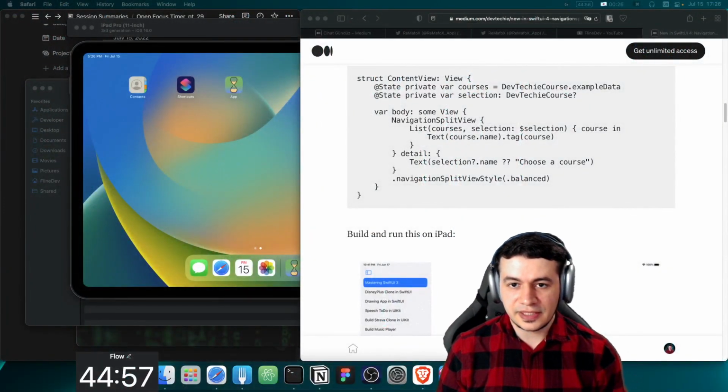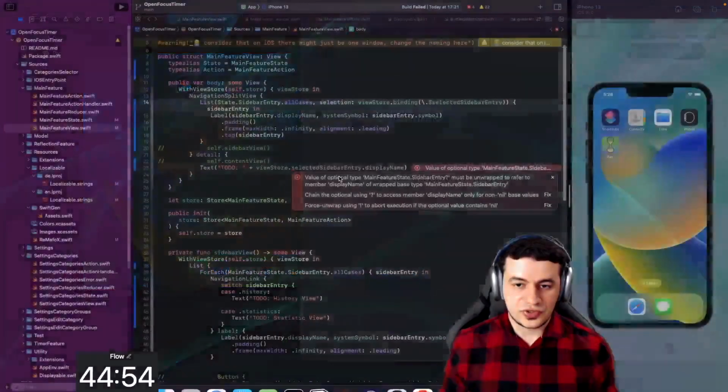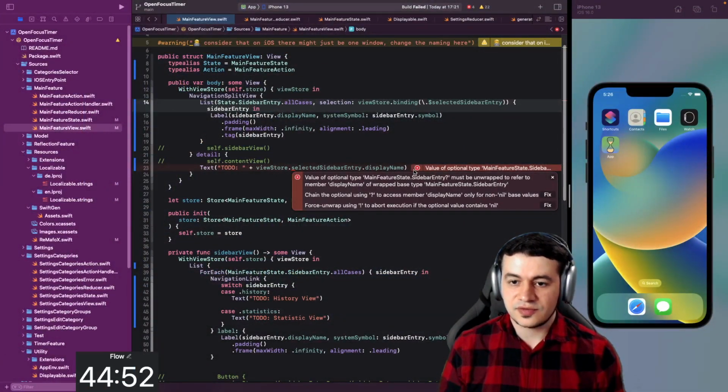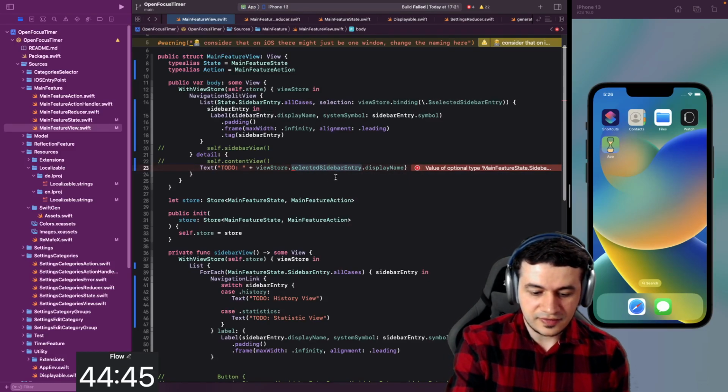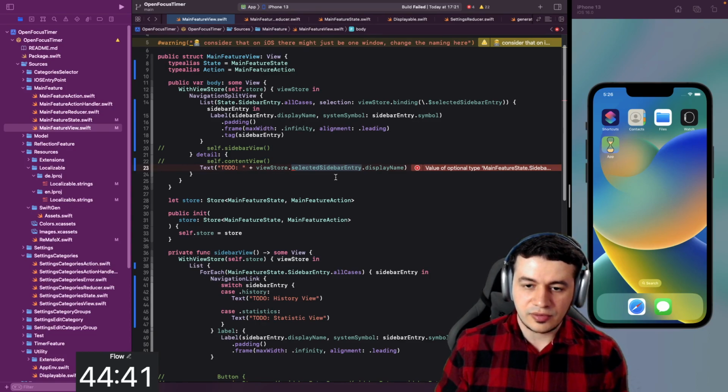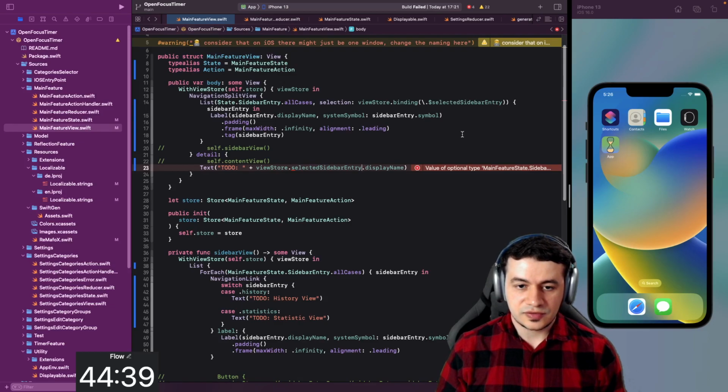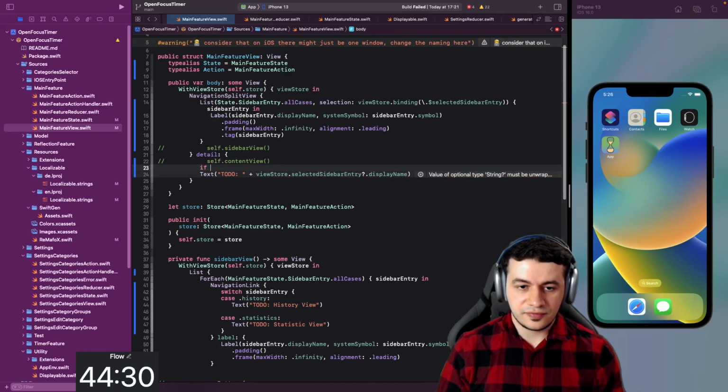All right, I'm back, and let's continue. And we were just at fixing this error here. So we have changed the selected sidebar entry to be an optional, and with it being an optional, of course we need to provide some other alternative here, because it can be nil, and in the case it is nil, I think we could actually just say here if let selected sidebar entry